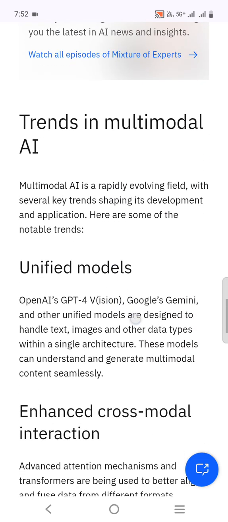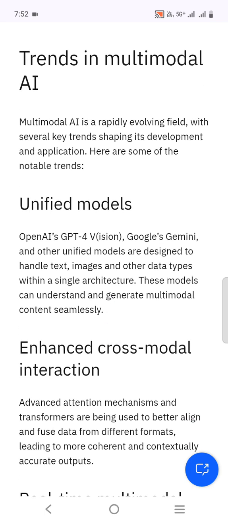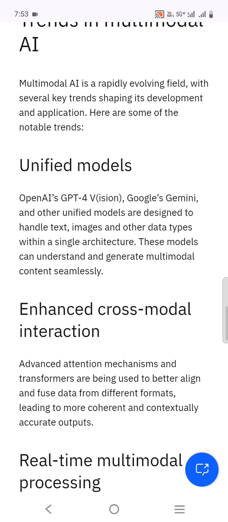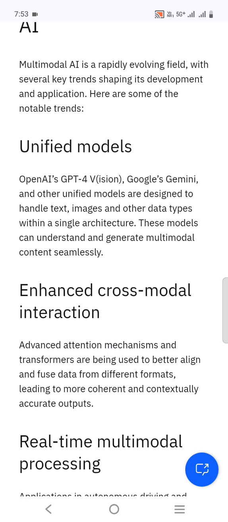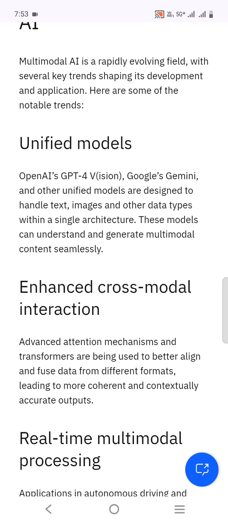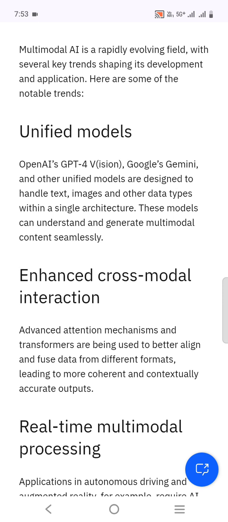Trends in multimodal AI. Multimodal AI is a rapidly evolving field with several key trends shaping its development and application. Here are some of the notable trends. Unified models. OpenAI's GPT-4 Vision, Google Gemini, and other unified models were designed to handle text, images, and other data types within a single architecture.